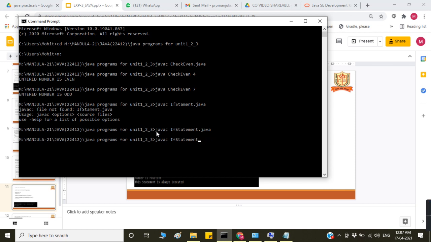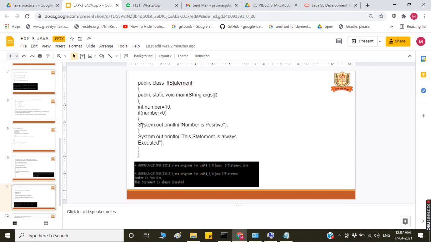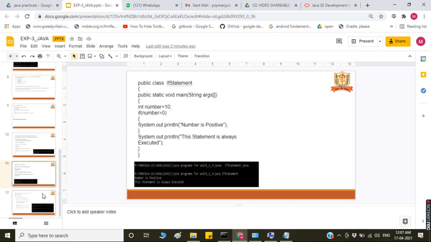So remove this. Number is positive and this statement is always executed. Both the statements are executed.